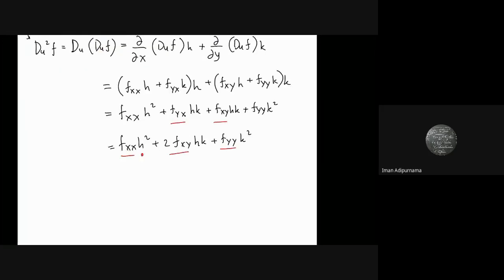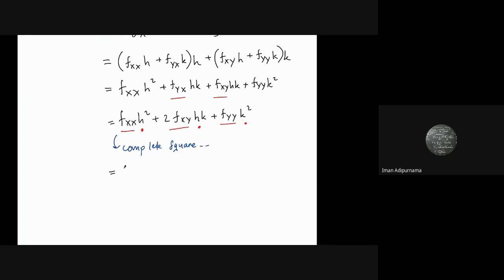This is a variable. So actually, you can see that you can make it in some quadratic formula, right? And because it's quadratic, let's take complete square. Okay, so complete square. So these expressions will be, this will be h plus